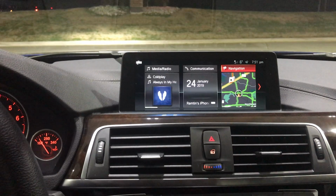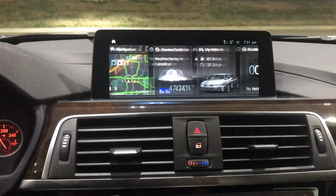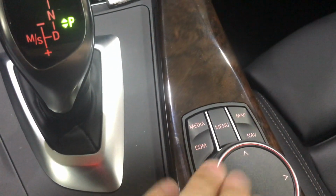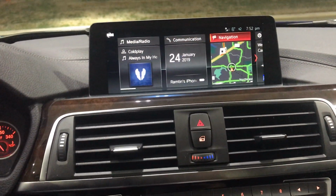So guys, back to the iDrive system. They added a lot of new features. Even the iDrive knob changed. It has a touchpad here, which is really interesting. It's extremely interesting. Now if you go to